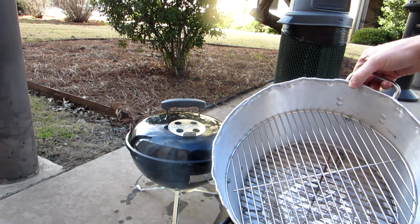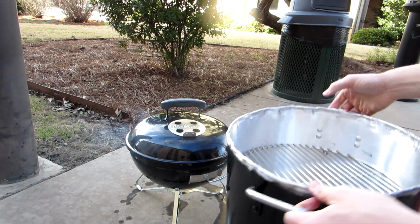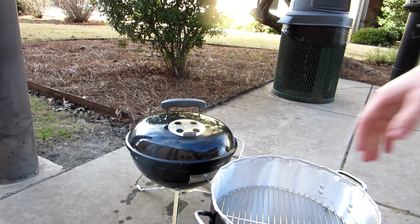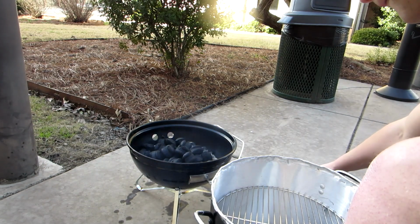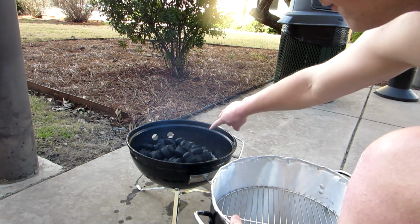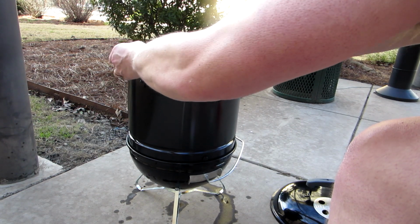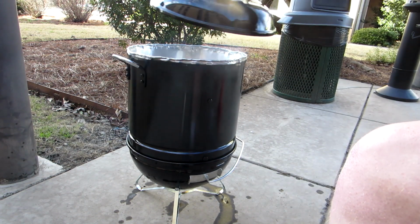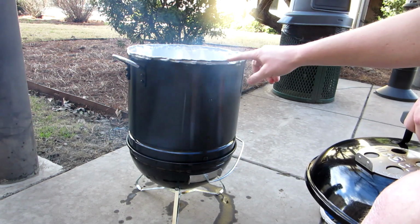Sits just in like that. Again, this is a pretty cool little idea someone had. So then this comes off, and this inside rim right there, that's where that's going to go. And as you can see, I had a little trouble. This ridge right here,